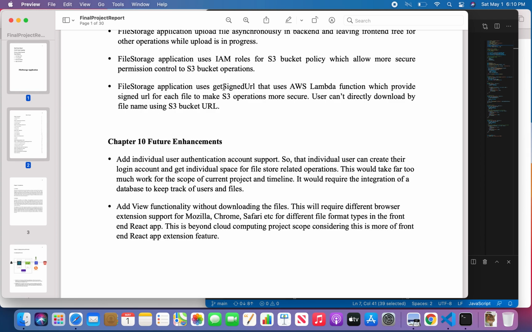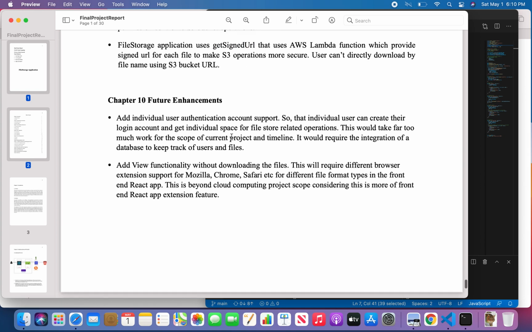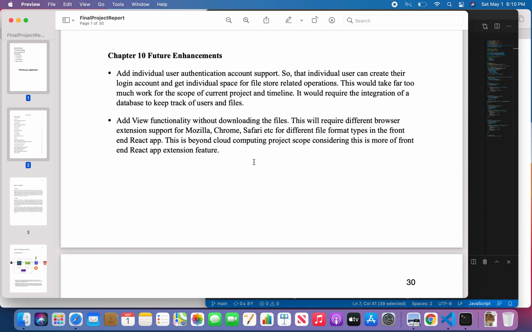S3 bucket itself. So using this get signed URL, a user cannot directly download the file from the S3 bucket by giving the name of the file. That's why this is very secure. The get signed URL makes the download operation very secure. And the future enhancement is